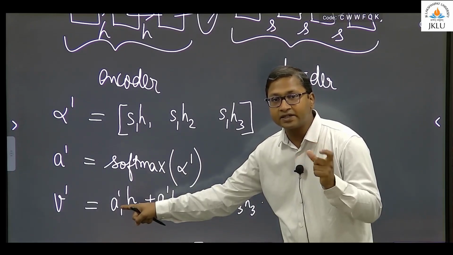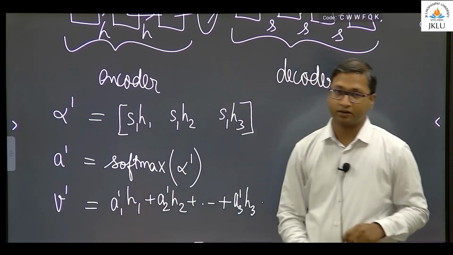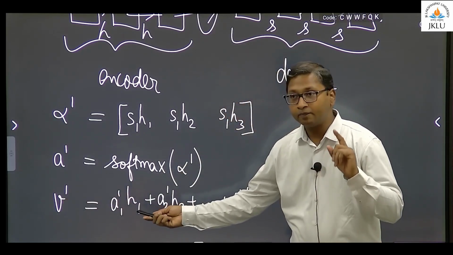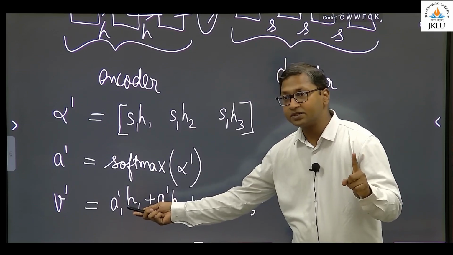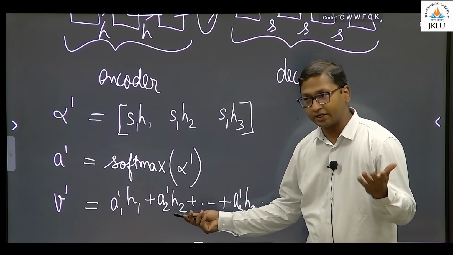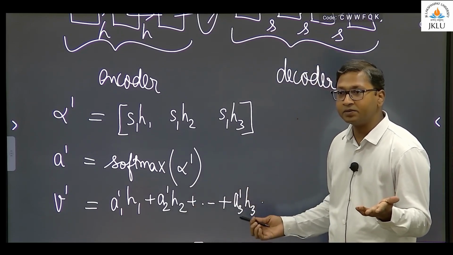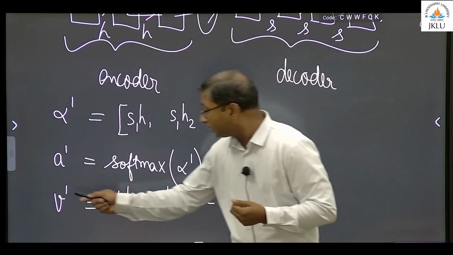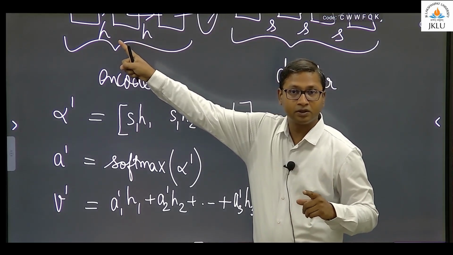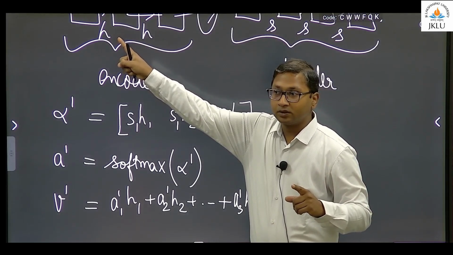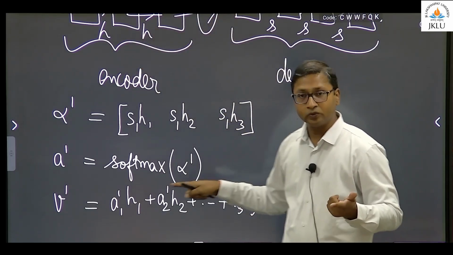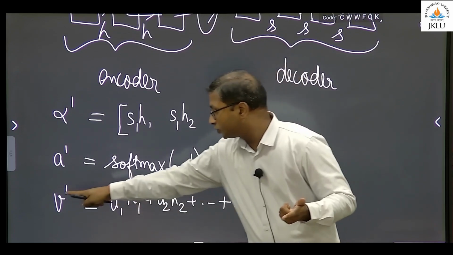If A11 is, let's say, 0.8, what does it mean? My value will be 0.8 times H1, let's say 0.1 times H2, and let's say 0.1 times H3. I have a value which is a function of the hidden units of the encoder, and then just take a linear combination, you get this final vector,